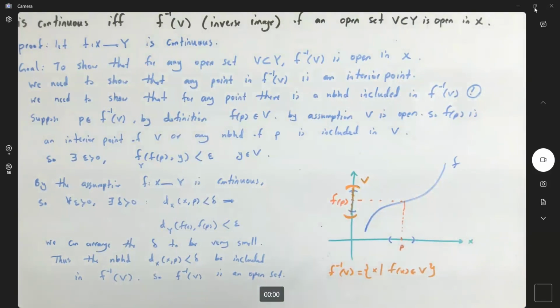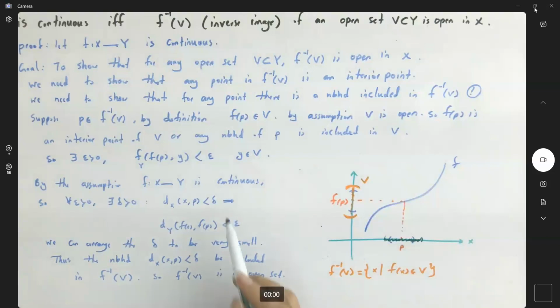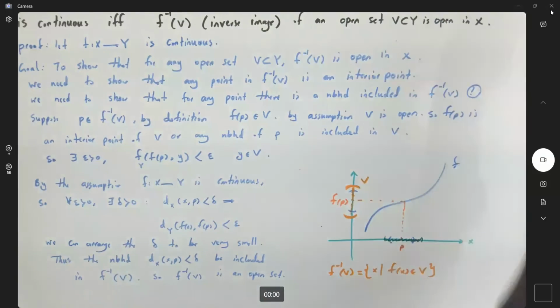So we are looking for all of those x values such that f of x belongs to V. Because of continuity, we can force this delta to be very small. Why is that? Because we already know f of p has an open neighborhood. Conversely,